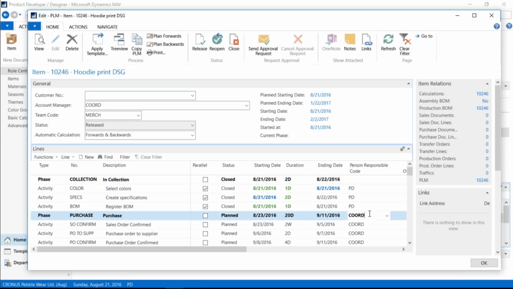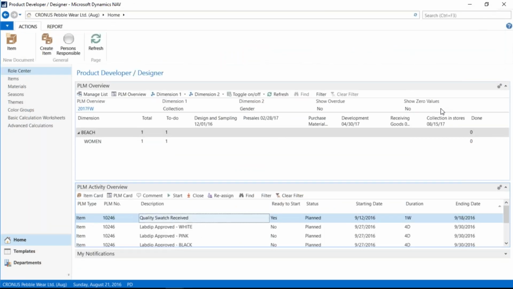And now it's set up the next task, which is to start the whole purchasing. And that's the responsibility of the coordinator. So I'm done with this for my part right now. I can move on to something else. When we start talking about setting up these PLMs to begin with,